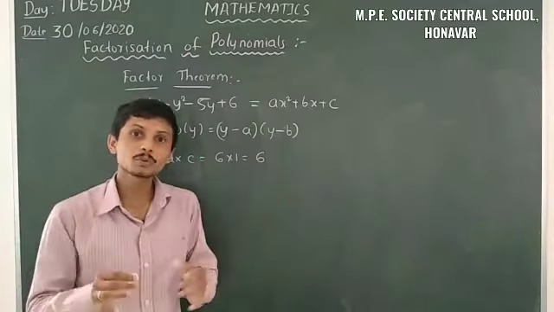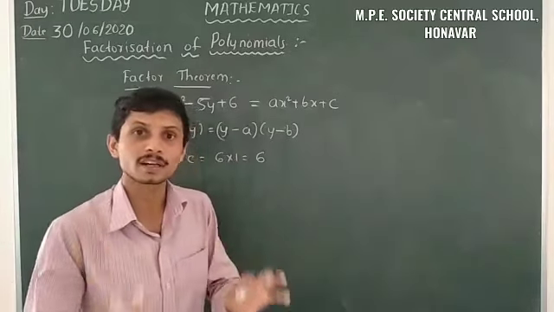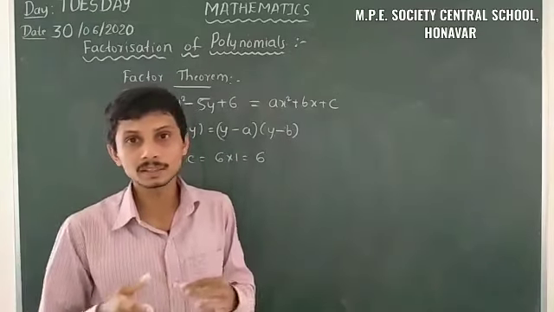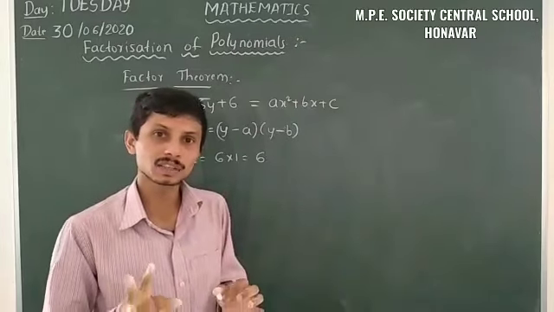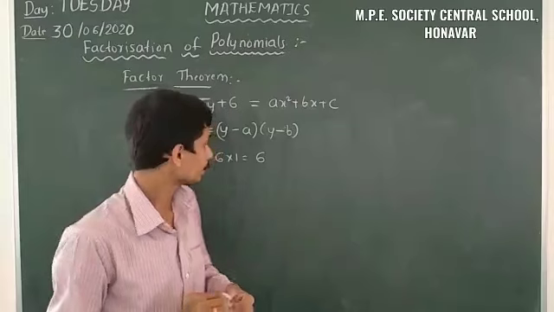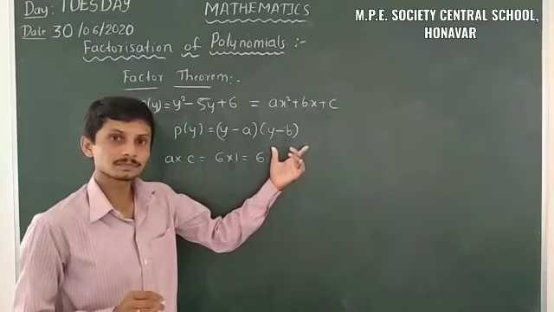So we know that x - a is one of the factors. Here we have taken y - a as one of the factors, or y - b as one of the factors. So it is a quadratic polynomial. There is a maximum chance of two factors. There are no chances of three factors in a quadratic polynomial. Only two factors are possible. So that means I will take two factors here.